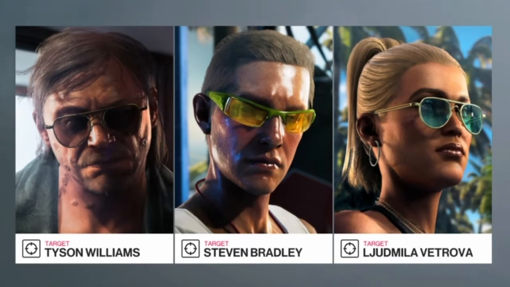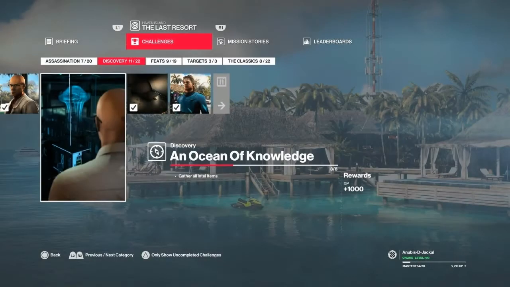Hello, and welcome back to Hitman 2 and the Last Resort mission set on Haven Island. And today we will be taking care of the Ocean of Knowledge Discovery feat, which entails collecting 8 items